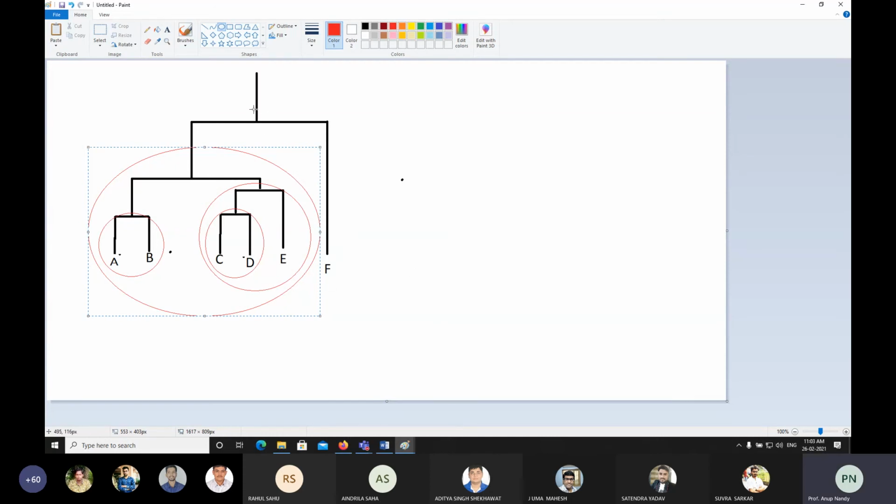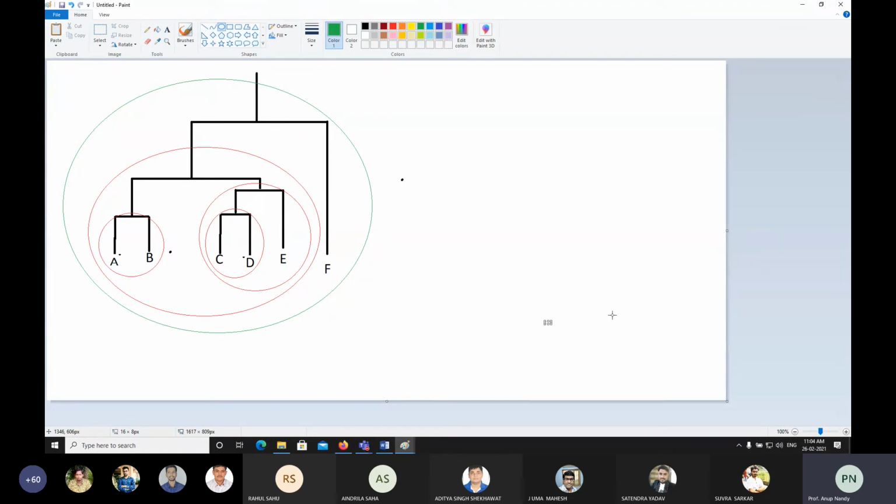Now next you have the final things. So this way you can have it. It is a bottom-up approach. First, you merge A and B, then you have C and D, then you have CD and E. So you have to take the equivalent distance. Whenever you merge CD and E, you compute the equivalent distance on C and E or D and E. Then next you have AB, then CD, and see which one is minimum.